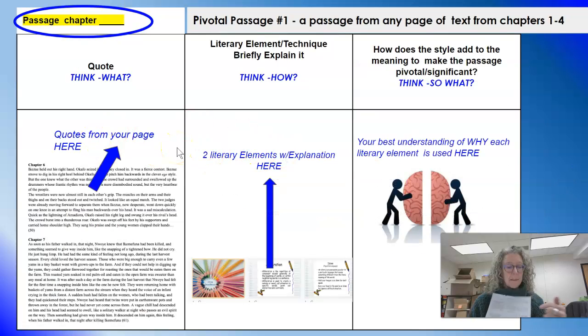So you have those examples on the paper, so I'm not going to go through them with you, but here is where it is from in the book. It's on page 44, so I just want to show you where it came from. You're not making it up, but you do get to choose. On the rest of the passages that you're going to do, we're going to choose them for you because we know they're pivotal. Then you find the literary element that's in it, okay? Right now, because we're just starting, we really want you to focus on where there are some literary elements in these first 4 chapters. And we want to tell you now as you're starting to read so you can be looking for them. So you are looking for 2 literary elements and how they are used, okay?